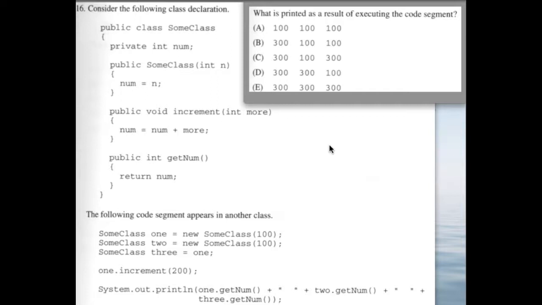But with objects, the variable, really think of it as just a pointer to where the state of that object is stored. So whatever fields that object has, the variable contains a pointer to the location in memory of those fields, which is why for instance, you